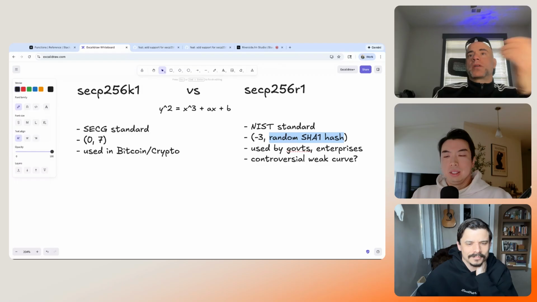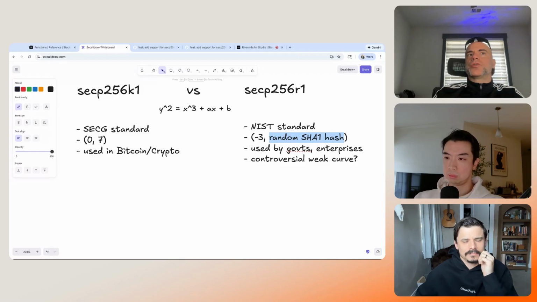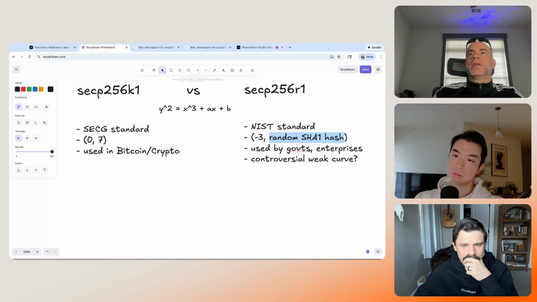Wow. And so if we go back to the K1 curve, there's no question of why we choose 0 and 7. We choose 0 because it makes the curve even simpler to evaluate, and 7 because it's a nice short prime number that no one thinks there's anything hidden inside of it. And so, if this is a known controversy